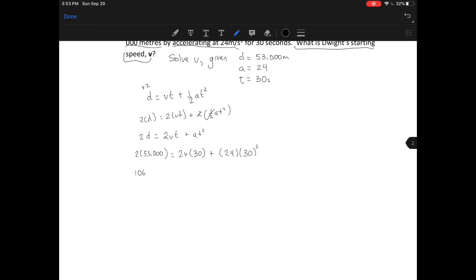So 2 times 53,000 will be 106,000. Now 2 times V times 30, we cannot do 2 times V, but 2 times 30 will give us 60V. And then we can do the last one here. So 24 times 30 squared, remember, 30 squared means 30 times 30. So 30 times 30, then times 24, gives us